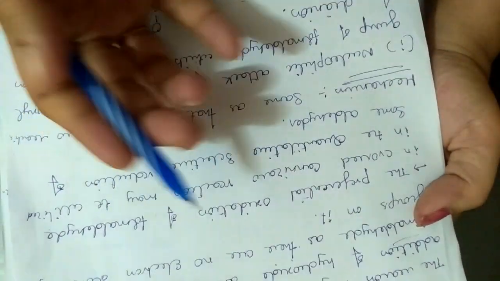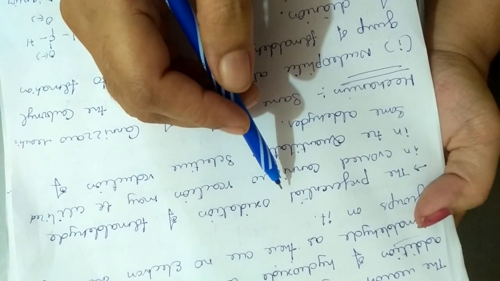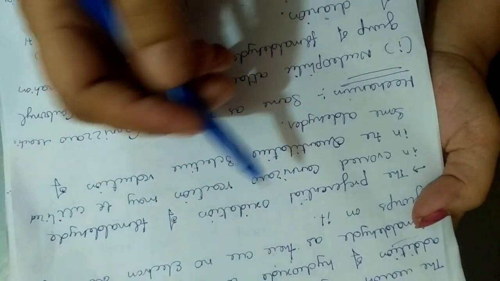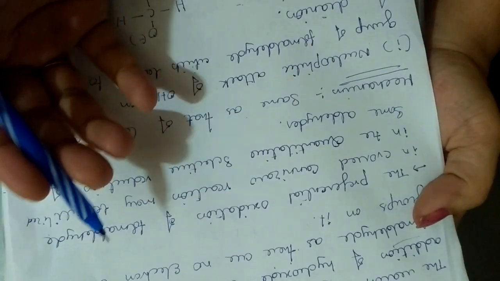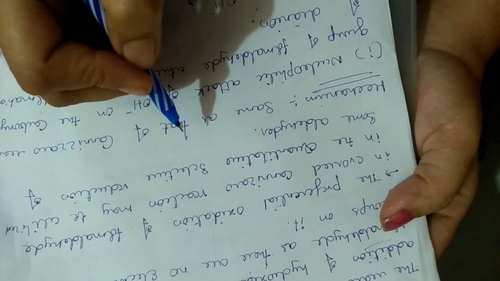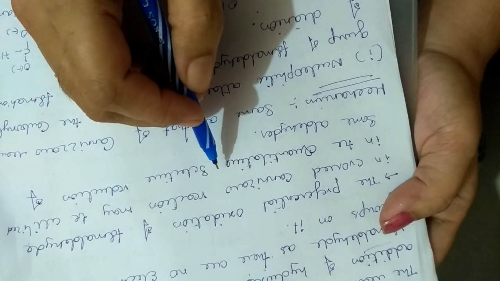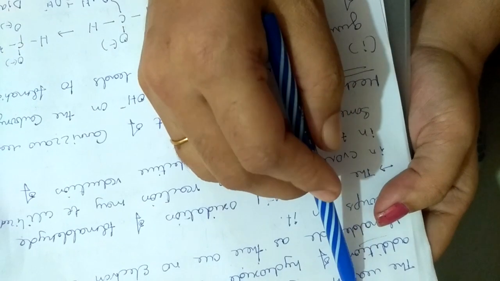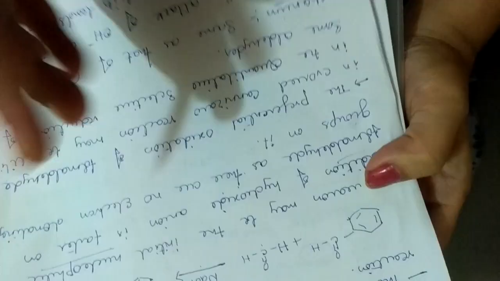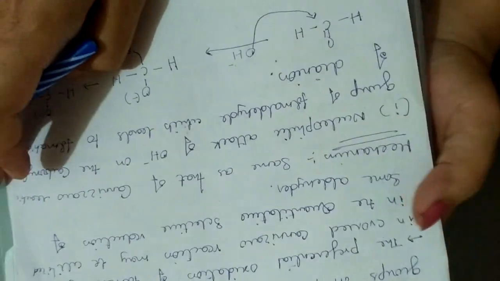Why are we going for crossed Cannizzaro? When we go for the Cannizzaro reaction, any one aldehyde will undergo oxidation and the other one will undergo reduction. There is no selective reduction of an aldehyde. So for selective reduction of an aldehyde, this crossed Cannizzaro reaction will be useful. If you want to reduce benzaldehyde, only one molecule of benzaldehyde, then we go for the crossed Cannizzaro. The mechanism is the same as that of the Cannizzaro reaction.